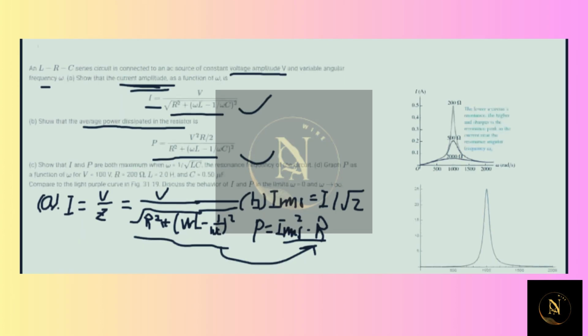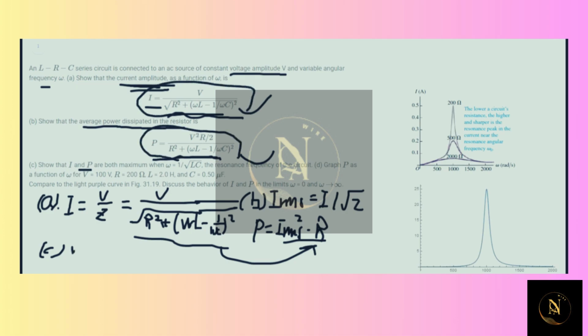And for part C, it asks us to show that I and P are both maximum when omega is 1 over square root LC. So this is actually very easy. If we look at these two formulas, we see that the only part that depends on omega is in the denominator. So this is omega L minus 1 over omega C, and we also have this formula here, omega L minus 1 over omega C. So to maximize both formulas,